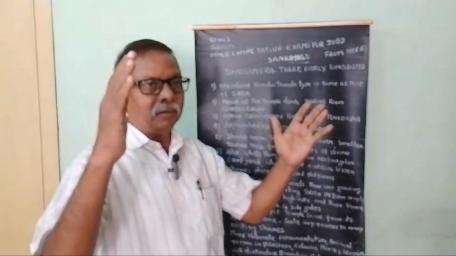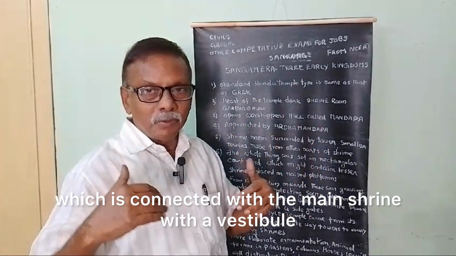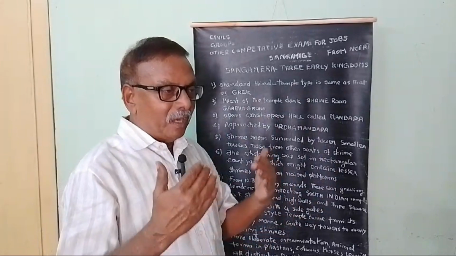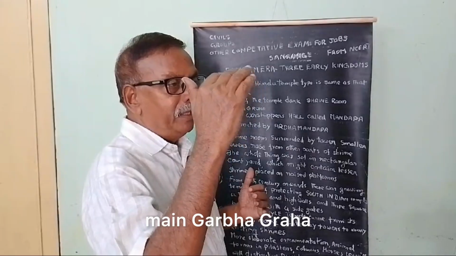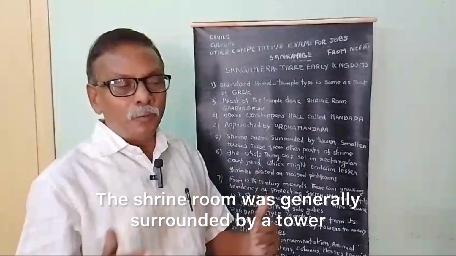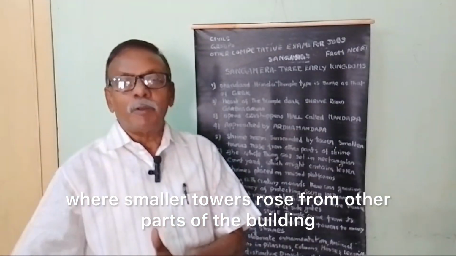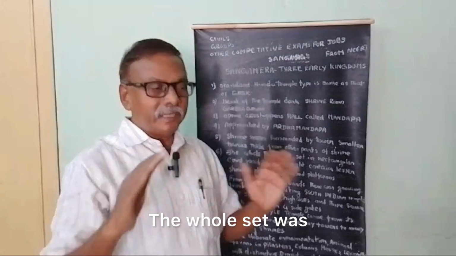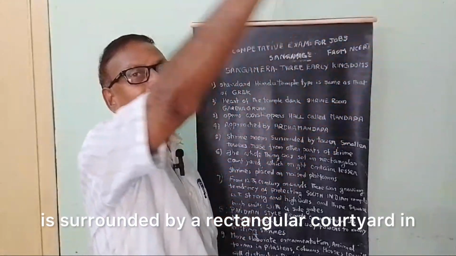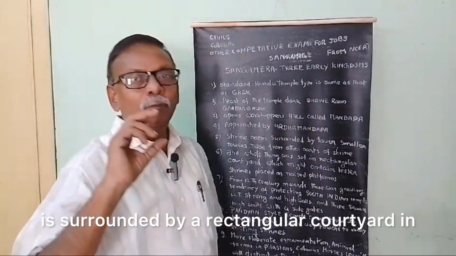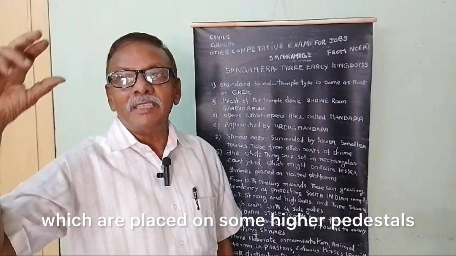So there is a big hall which is connected with the main shrine by a vestibule, and there is a big ARDHAMANDAPA which is also connected to the main GARBHAGRUHA. The shrine room was generally surrounded by a tower, where smaller towers rose from other parts of the building. The whole set was in a rectangular courtyard. It is surrounded by a rectangular courtyard in which there are a number of smaller shrines which are placed on some